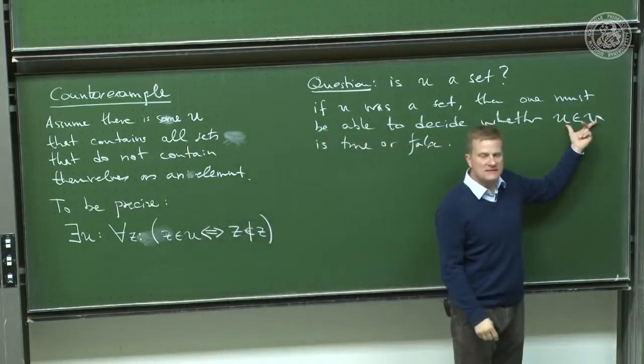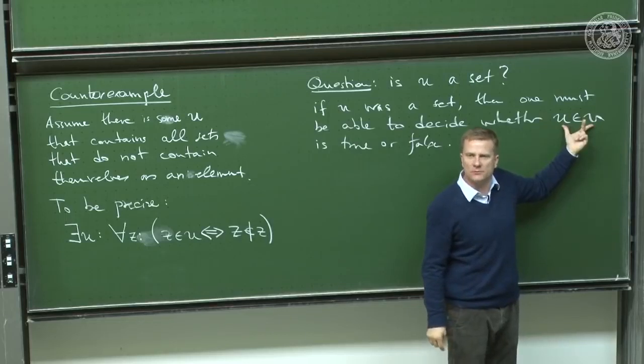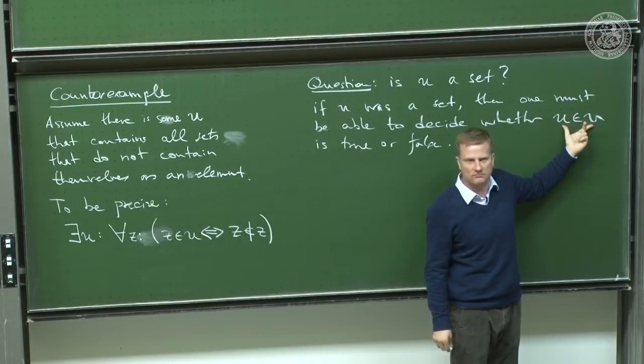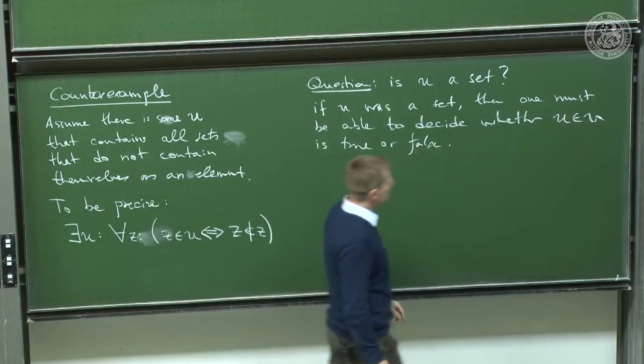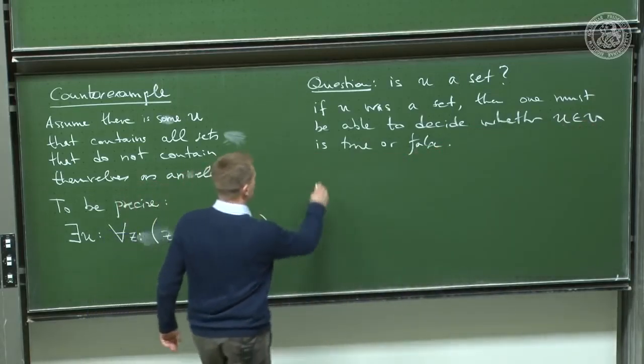Why? Well, if U is a set, then U in U must be a proposition. And a proposition is something that's either true or false. Very simple. Well, that's exactly the problem here. But